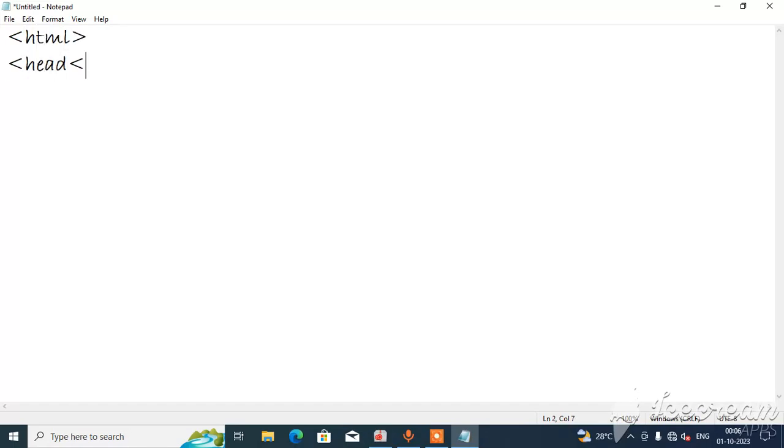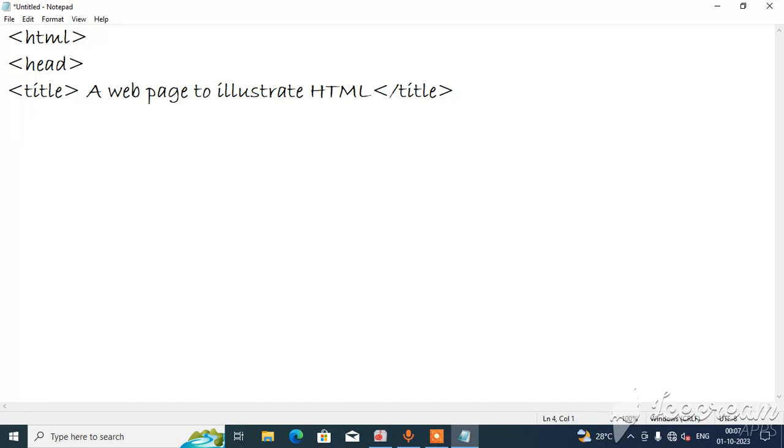head section, title section. So let's give the title of this web page as a web page to illustrate HTML. Title close, head close. Let's open the body, and I'll give the attribute as bgcolor